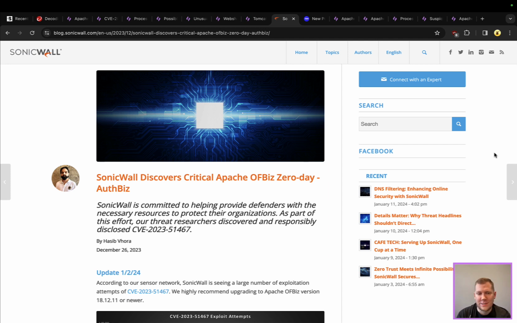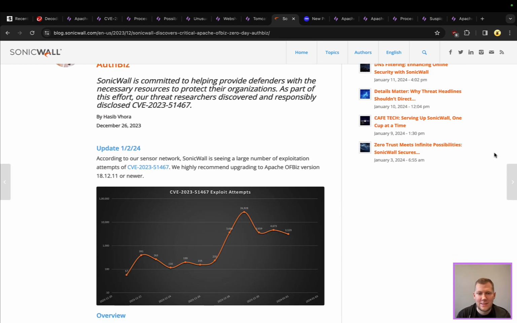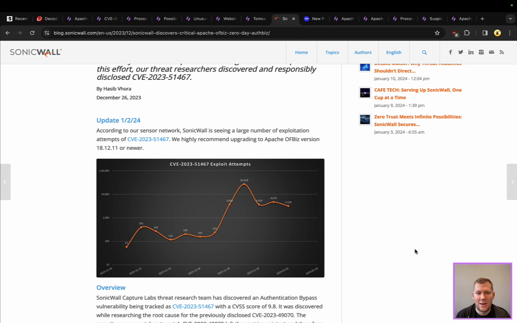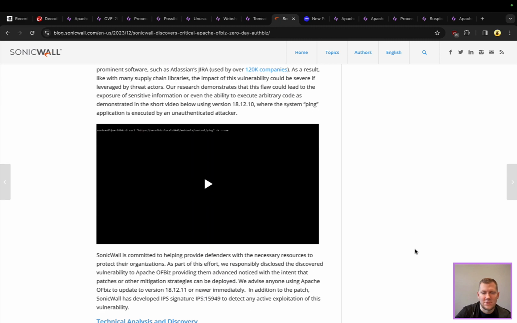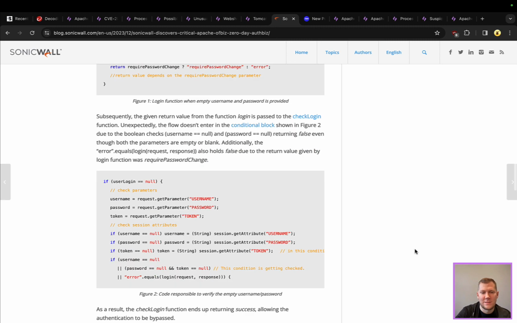It's open source, and it's an enterprise resource planning, or ERP, software tool. Because of its wide installation base, it is going to be highly targeted. SonicWall, you can see here, has been tracking this, and it does have a lot of exploitation attempts. This is something that can be seen on internet-facing servers, and because of the low sophistication of this exploit,